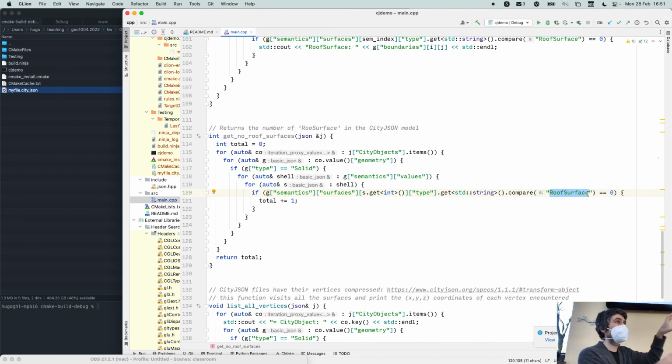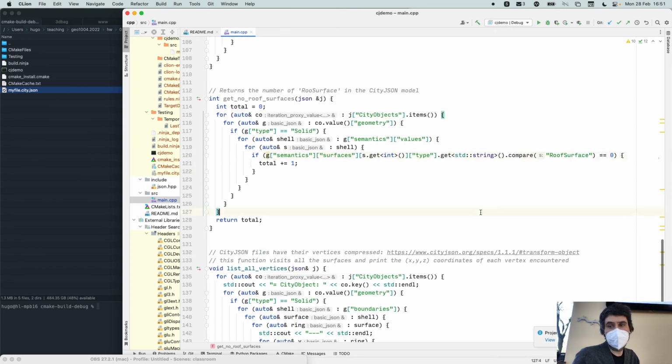It's a bit tricky, so there are two arrays that are separate. You have the geometry and the semantics, and they're aligned. So that function basically visits them at the same time. You will understand if you read it, but you need to do that. That's probably the most complicated part of this.